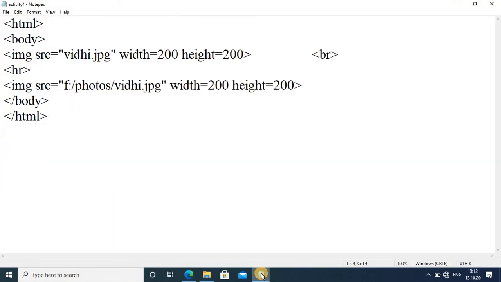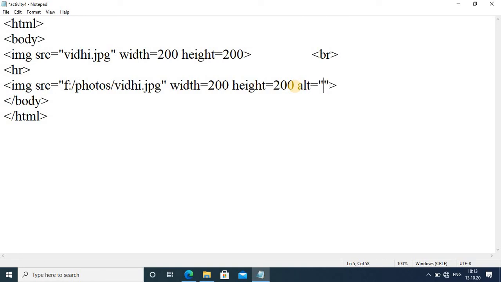Now one more attribute I want to tell you here. Suppose your path is different or your image name is different and you are giving a wrong image name, so you can show a message here. Alt, alternate, means if your image is not added, then an alternative message you can show here.